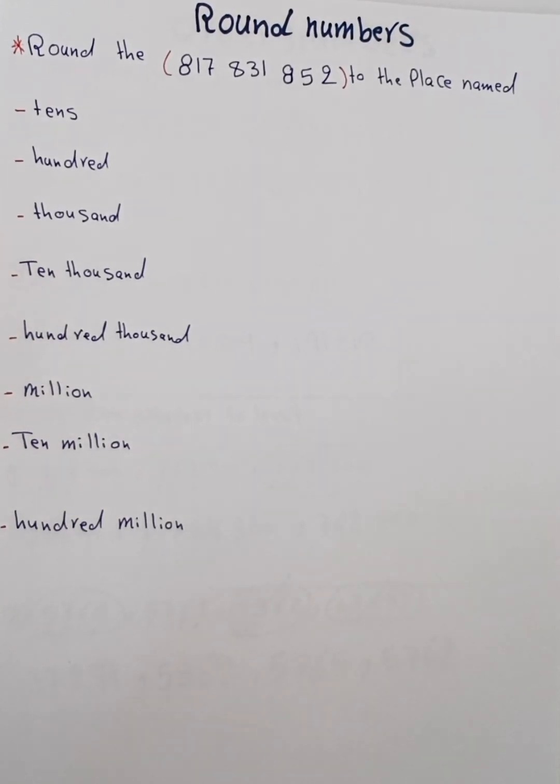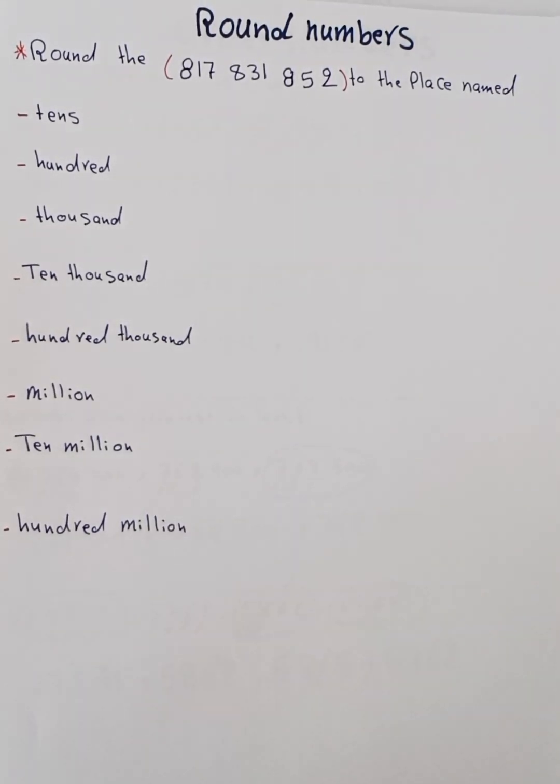Hello dear students, in this lesson I'm going to talk about rounding numbers. In rounding numbers we have a rule for rounding each number. The rule is we have to find the place to which we want to round. After that we have to look at the digit next to the digit that we want to